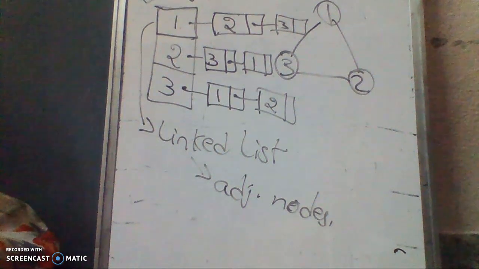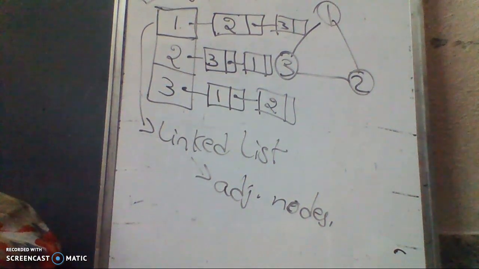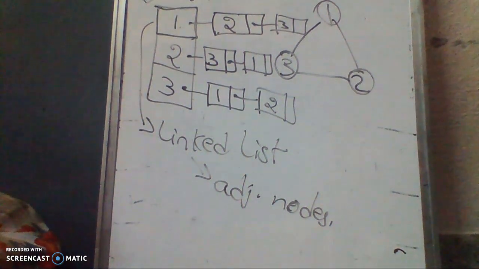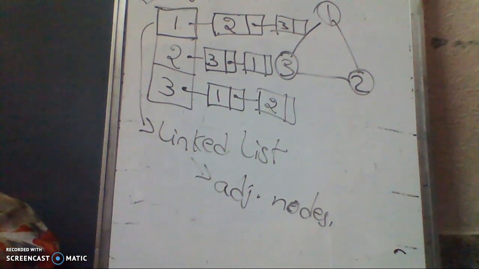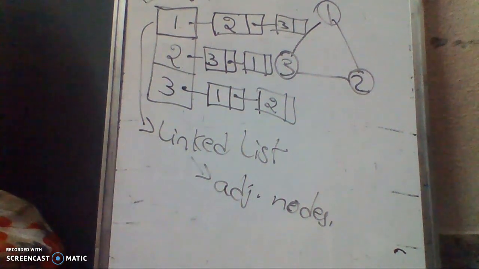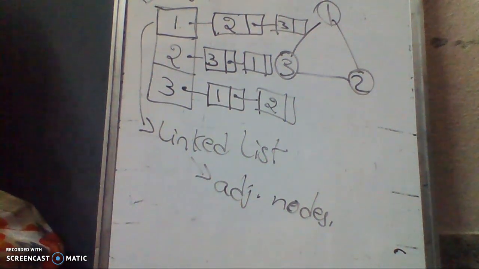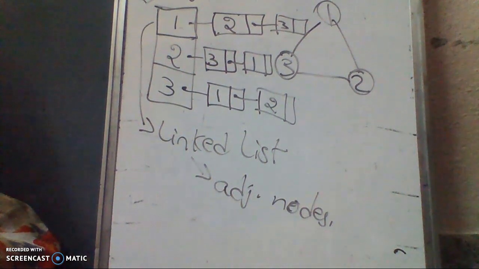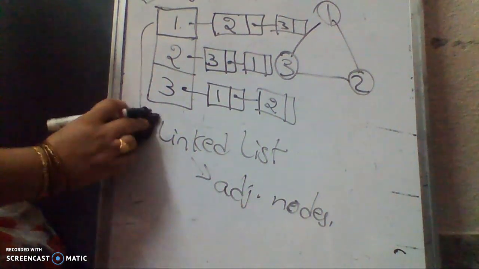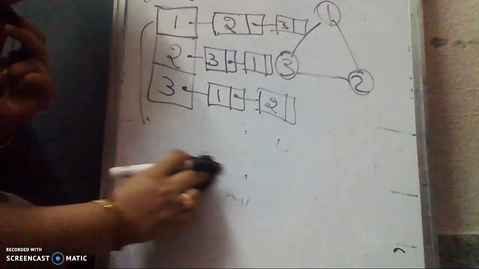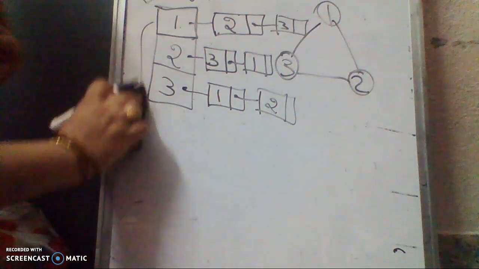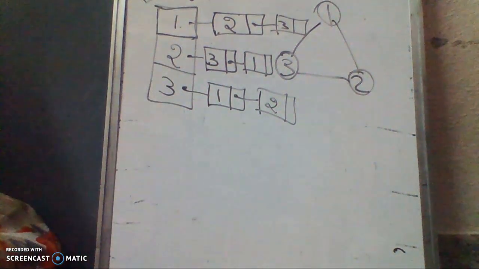Because we create only the nodes which have adjacents, the remaining we need not create. But in the adjacency matrix we need to mention the non-adjacent values as zeros, so there we may get wastage of memory space. In the adjacency list we don't have any wastage of memory space. This is the same for directed and undirected graphs. For weighted graphs we need to create it in a different way.